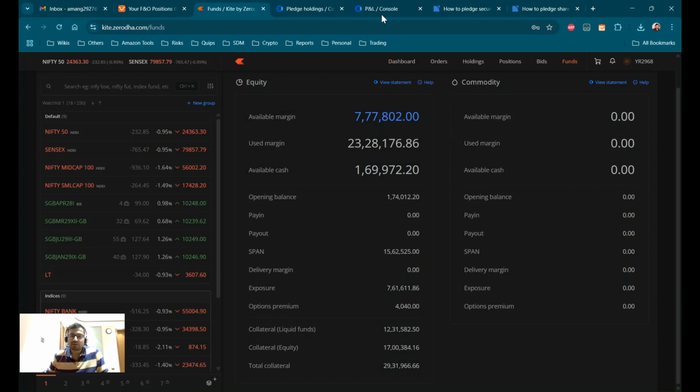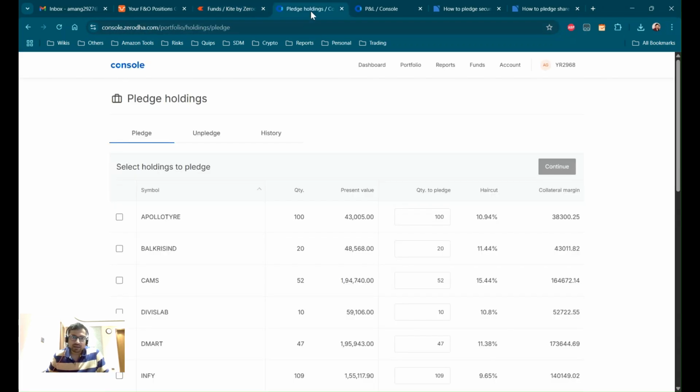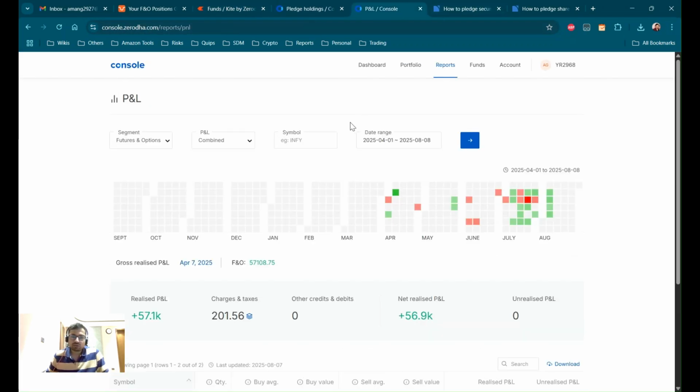So yeah, I think that's how you pledge it. It might take a day's time to pledge that instrument, and then that margin is available in your account. So plan accordingly. All right, so let me also show you, I've kind of tried this strategy since June end. Before that, I used to trade in smaller amounts. From June end, I have been investing heavily in options trading, and if you can see, most of my trades have come from July, and overall, I think I've made, how much